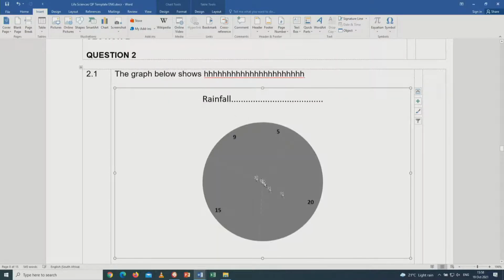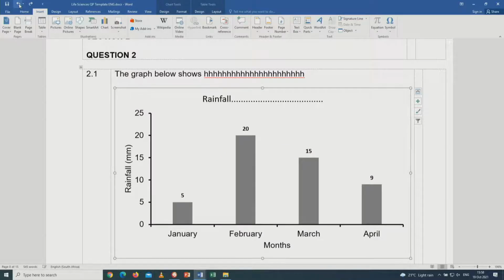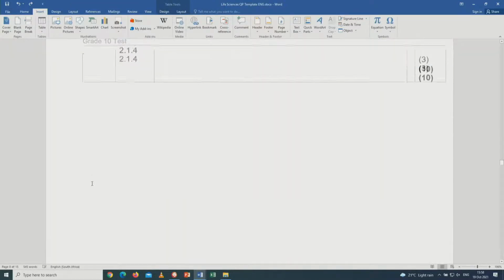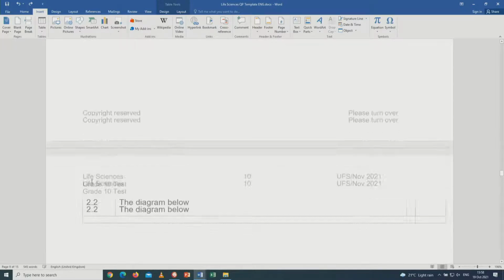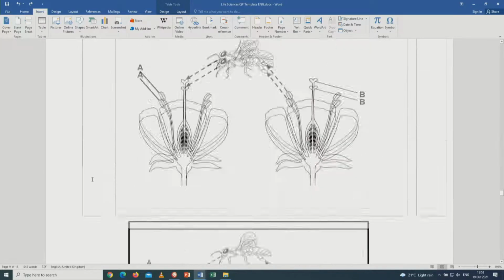And then you can play with your colors and your segments and so forth. Right, I want to go back to my bar graph. That is the one that looks the best of them all. And the last thing I want to quickly explain to you, we have a few minutes left, and that is